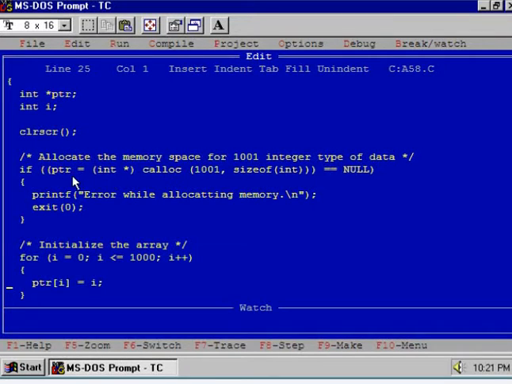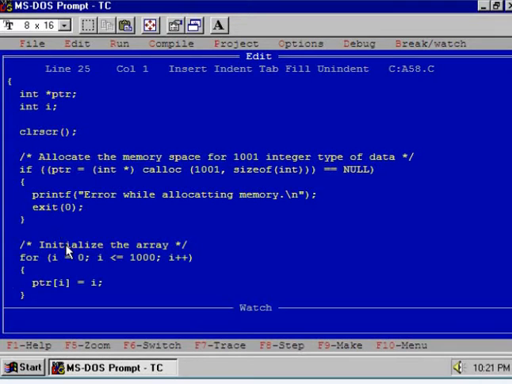That value is assigned to ptr, and the if statement is checking for that null value. So if ptr contains null, then the program will display the error message using the printf library function and stop the working of the program using function exit.